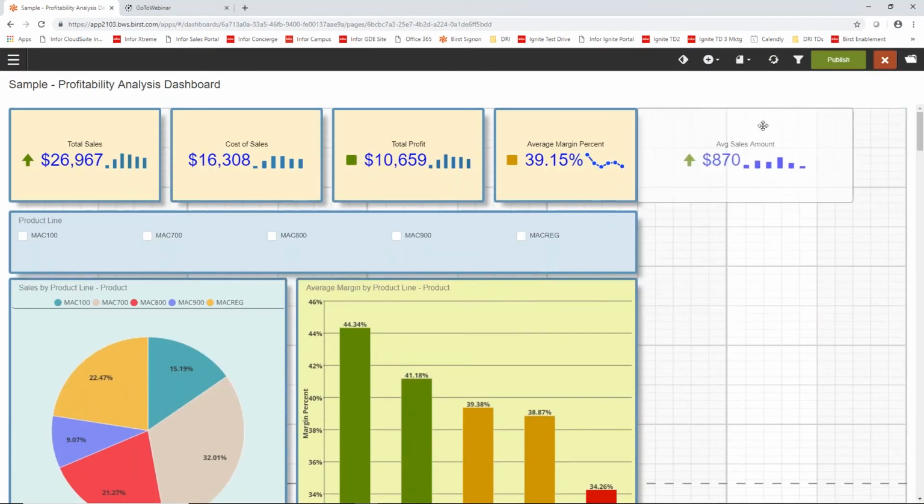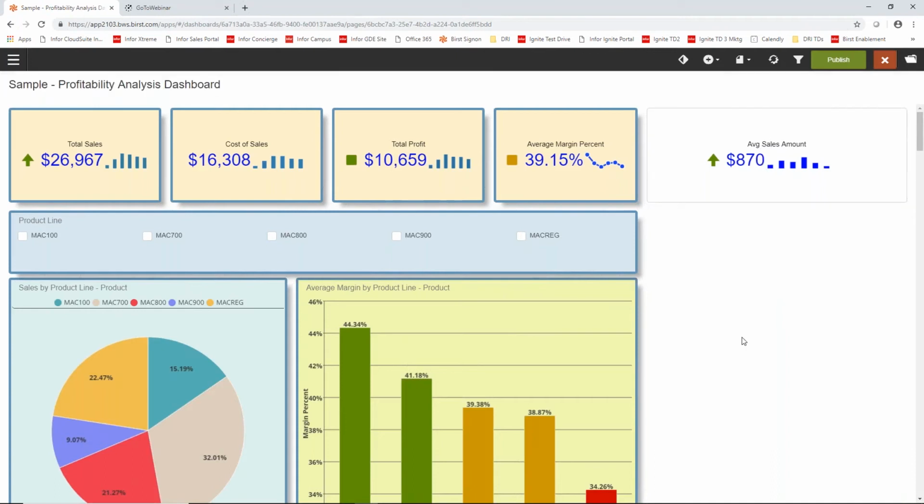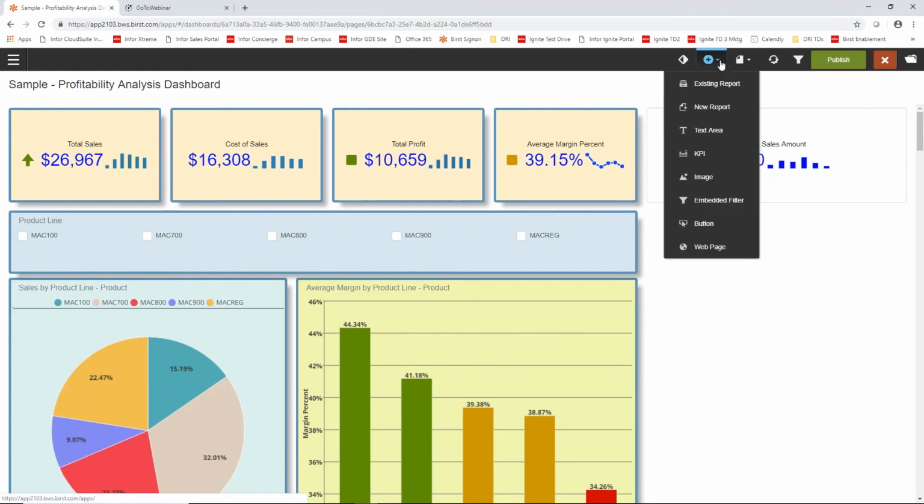So I'm moving it around. I'm going to put it up at the top. Maybe want to stretch it off to the edge. Okay, so I've got that KPI up there, and we'll reformat that in a little bit. Now I want to add a report or chart. So I'm going to click on New Report,